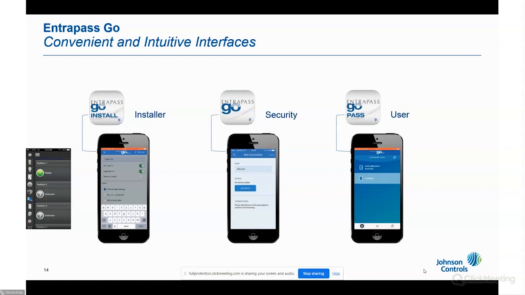So this is the standalone application where you can have everything web based. Even the programming is on the browser. If you wish, you can upgrade to an Entrapass system and host it on a server with the software and 100% of the features that you get. This is in case you always have that customer that has a small site where they don't require a server. They just pretty much need